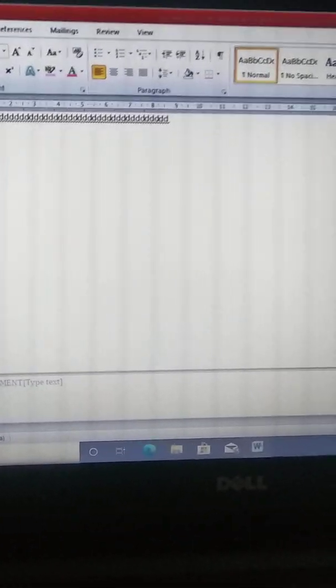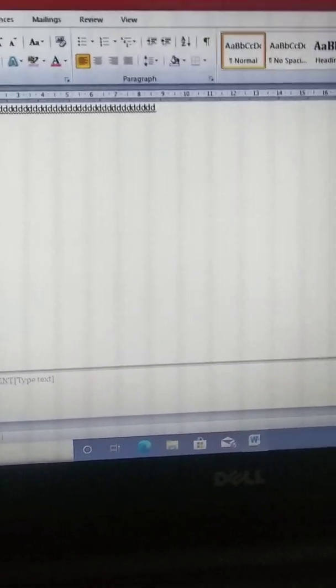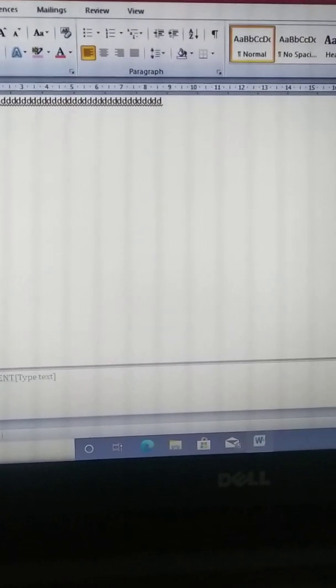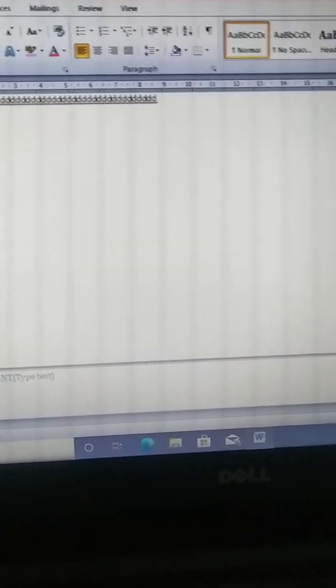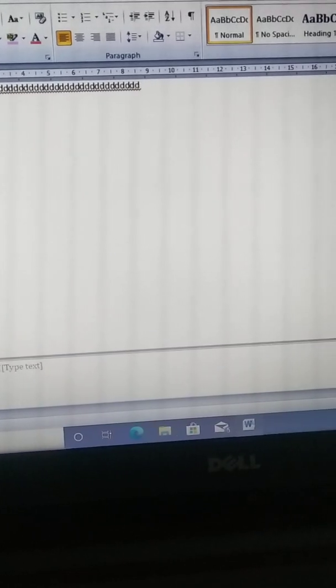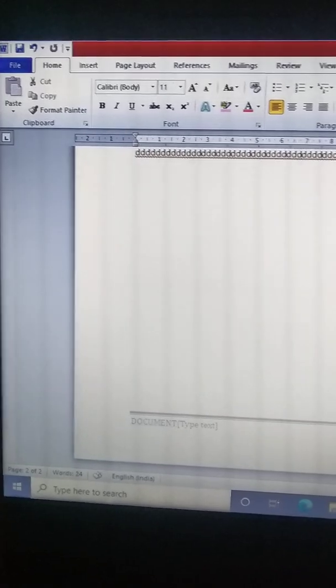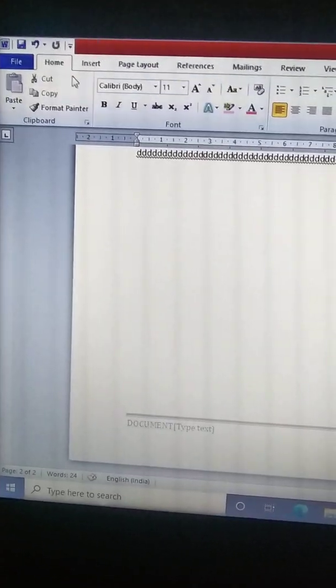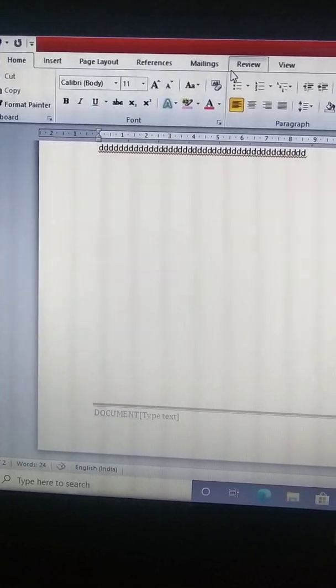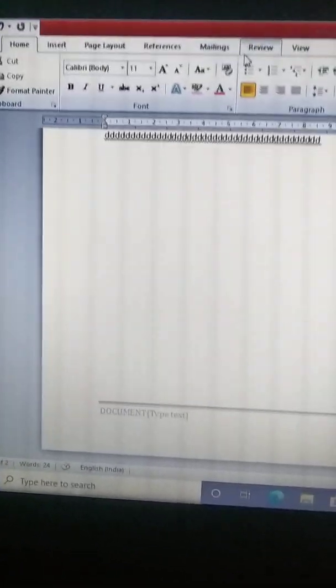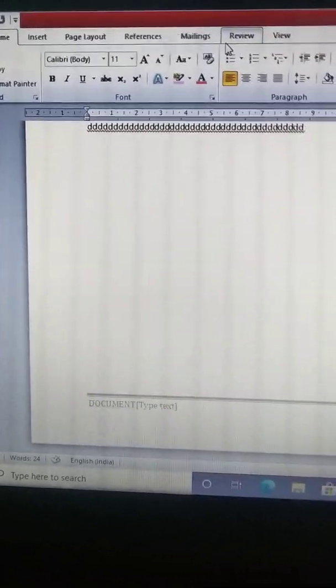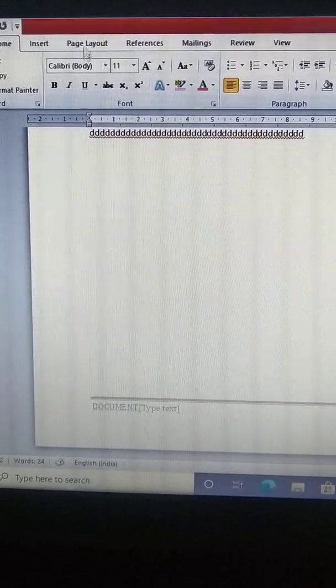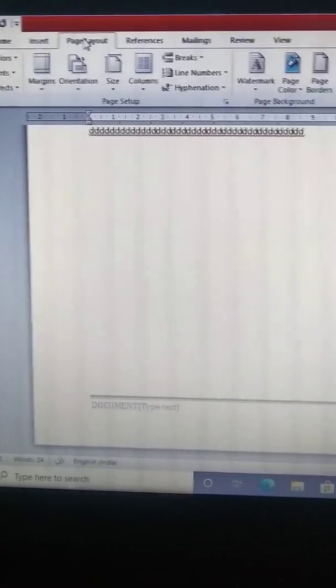Now borders. You can also give borders, colors and shading to your page. You just click on page borders under page background in the design tab. You just go to the design tab. You can also give the border here, under page background, in the page layout option.